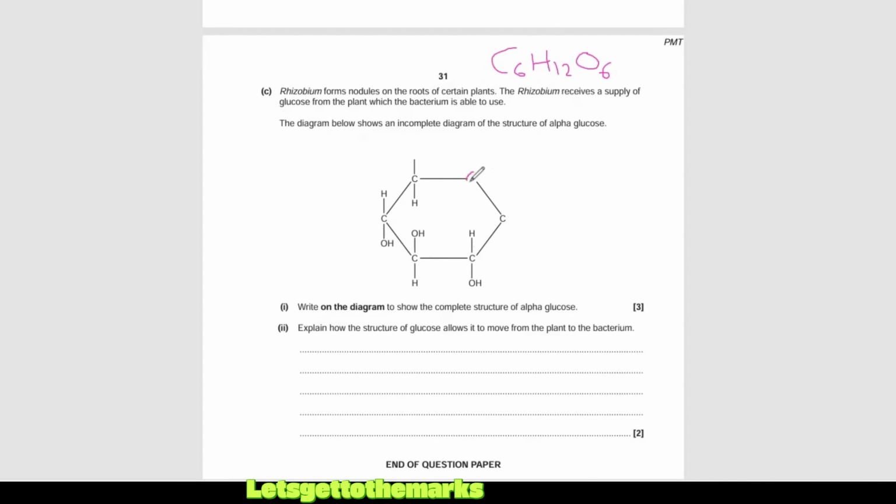If you know your structure of glucose, that is oxygen there. So your next carbon is here, and it's going to have a hydrogen, and then an OH group. And we can write that like that in displayed formula, or we can shorthand that and put CH2OH. So I'm going to leave it like that. CH2OH takes up less space.